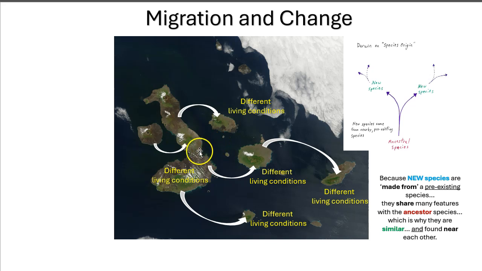And you recall, notice what we're doing here is if one species colonizes, let's say, this big island here, but then fragments of the population colonize these other islands, you have the conditions for what we see in the top right here, where we're going to have the multiplication of species as one species fragments into different populations on different islands with different living conditions. But because new species are made from a pre-existing species, they're going to share many features with the ancestor species, which is why they are similar and found near each other. Now, this is why you tend to find similar species near each other,